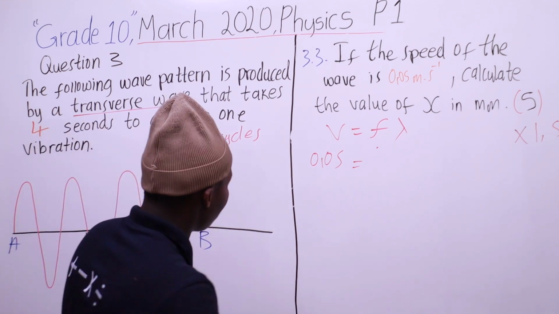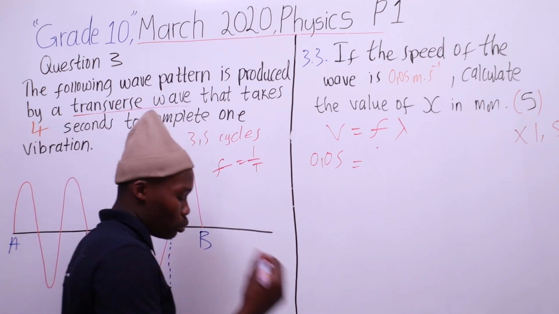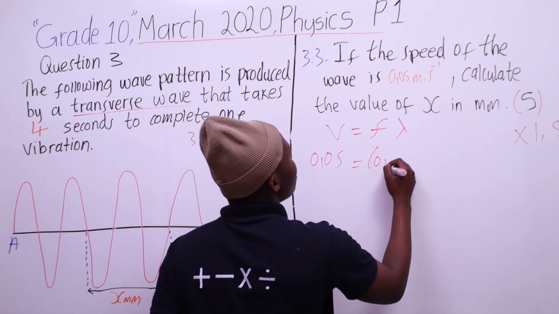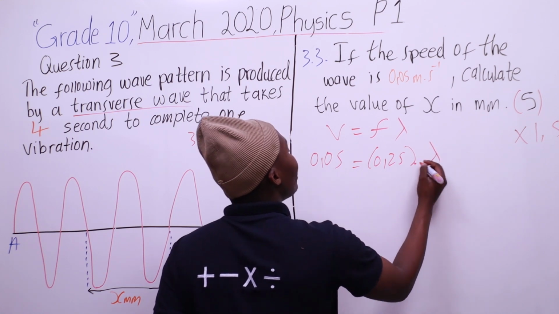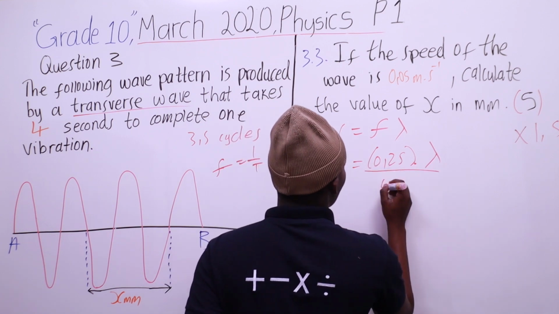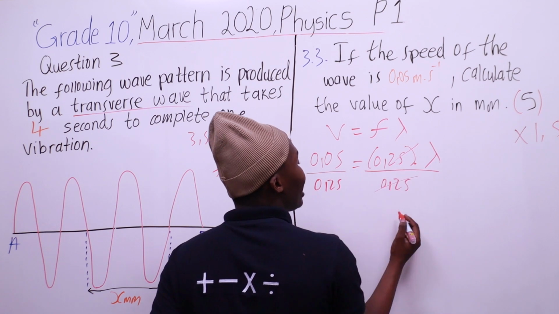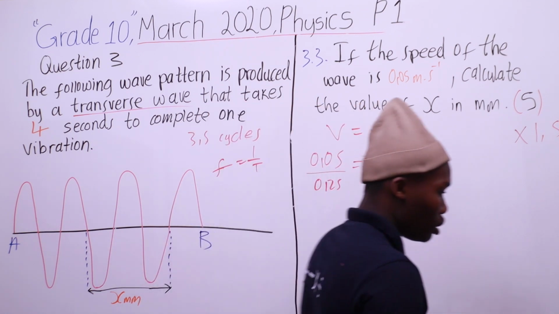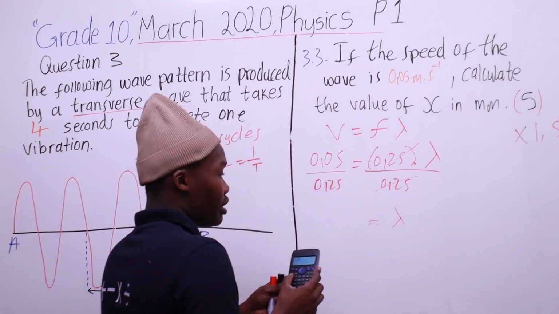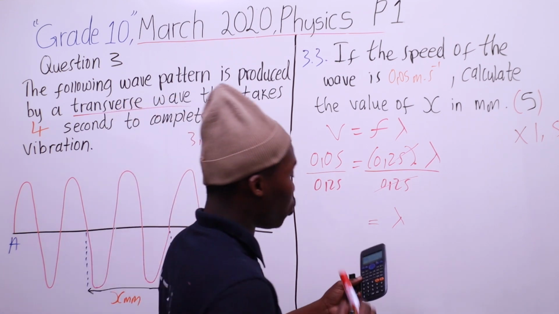Then we got this frequency: F is equal to 1 all over T, 1 all over 4, we got 0.25. So there is 0.25 here and then lambda. So divide by 0.25 on both sides. They cancel, so our wavelength is equal to, take your calculator, 0.05 divided by 0.25, we get 0.2